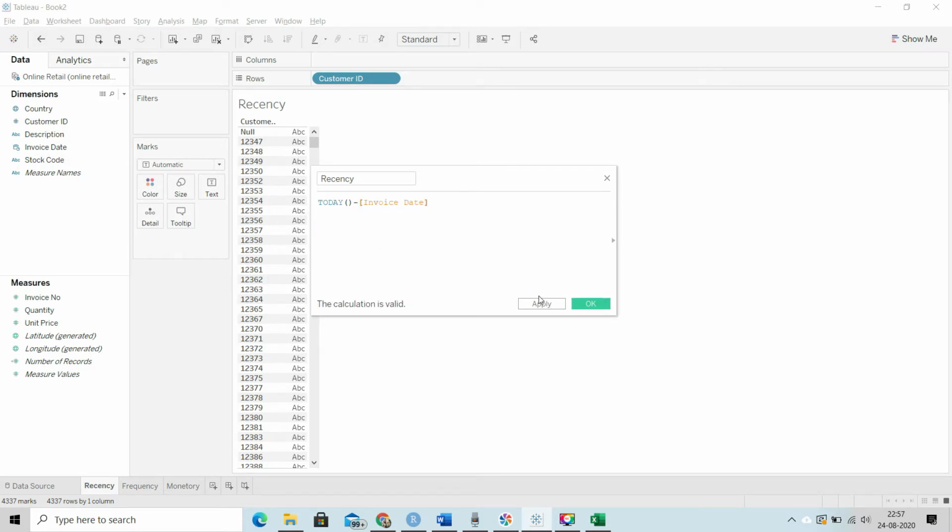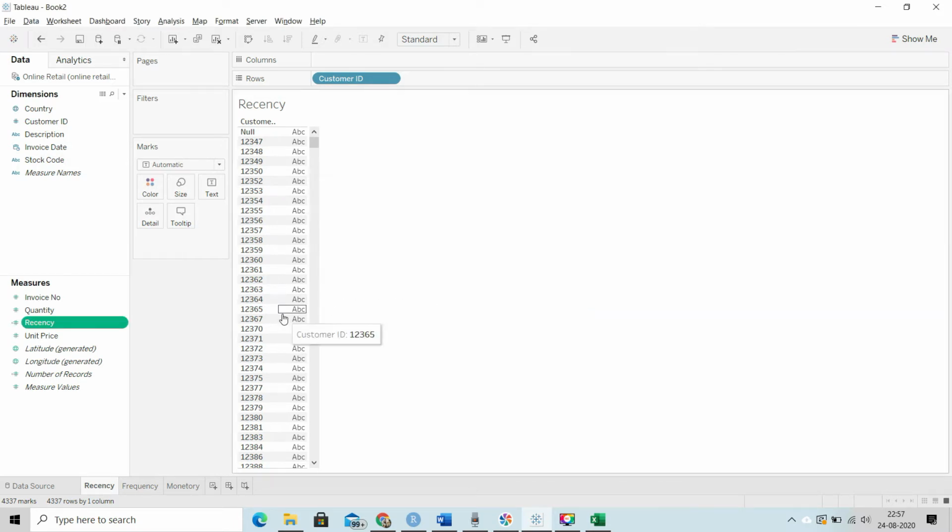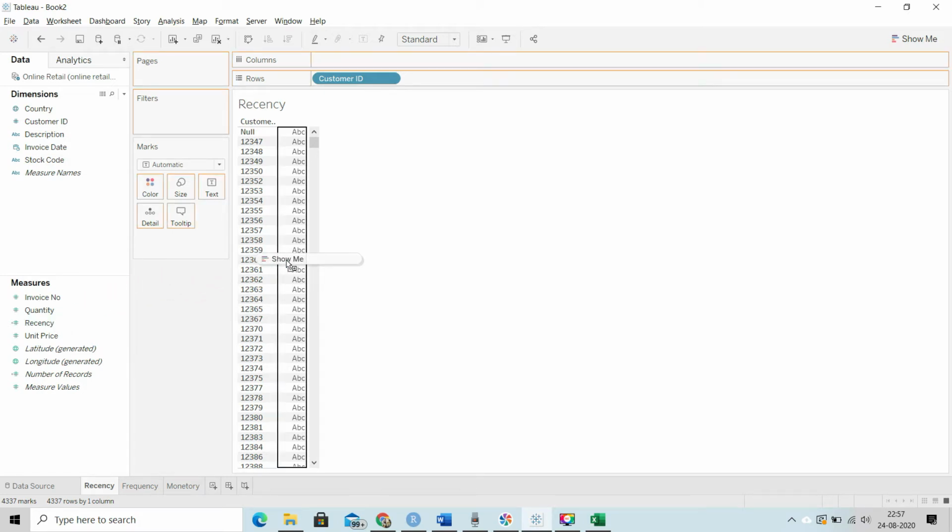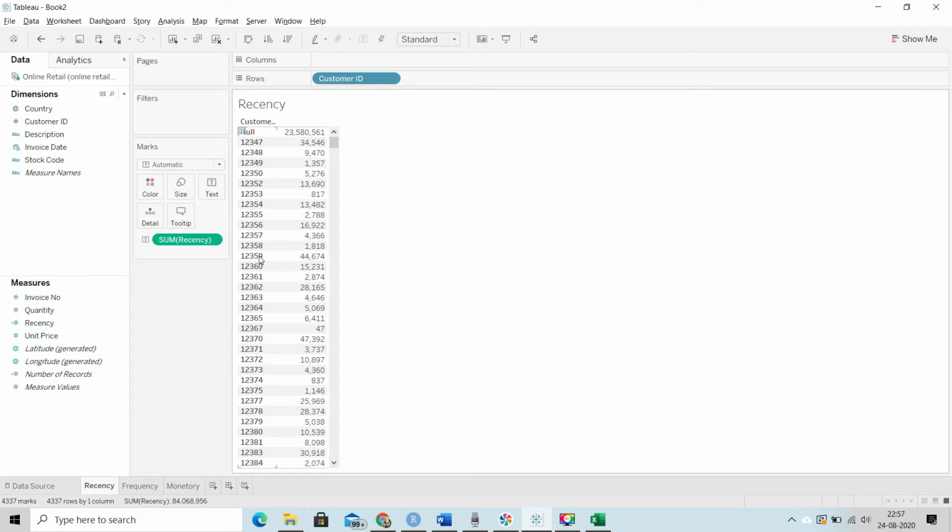Now what do you think this will give when I drag this to the column next to customer ID? Let's see. If I drag this right now, it's giving me certain numbers. These are not the numbers that we require, because these are the sum of all the recency data.